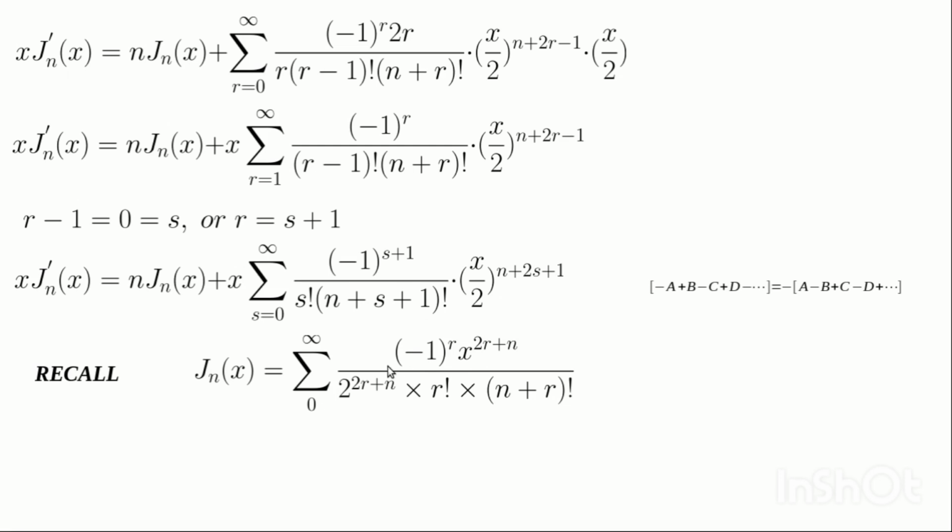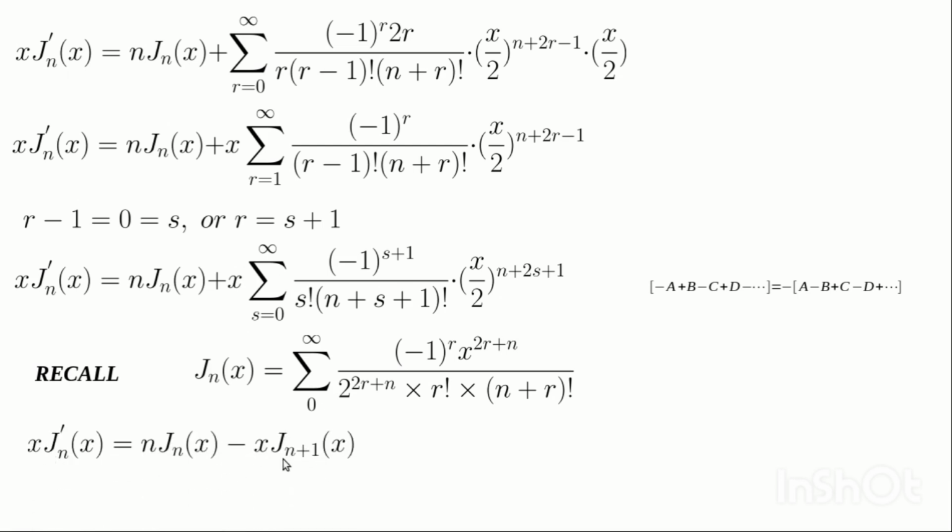Right? Because minus 1 raised to 0 is 1. But the first term of this is negative. So if we take the first term of this to be negative a, the second term will be positive, the third term will be negative, and as a result, if we factorize the minus out, we have minus a plus b plus c minus d plus this. So this expression will become negative